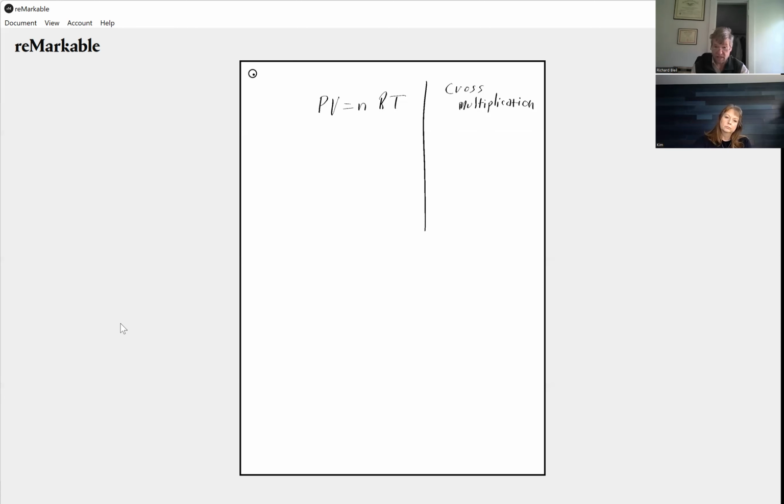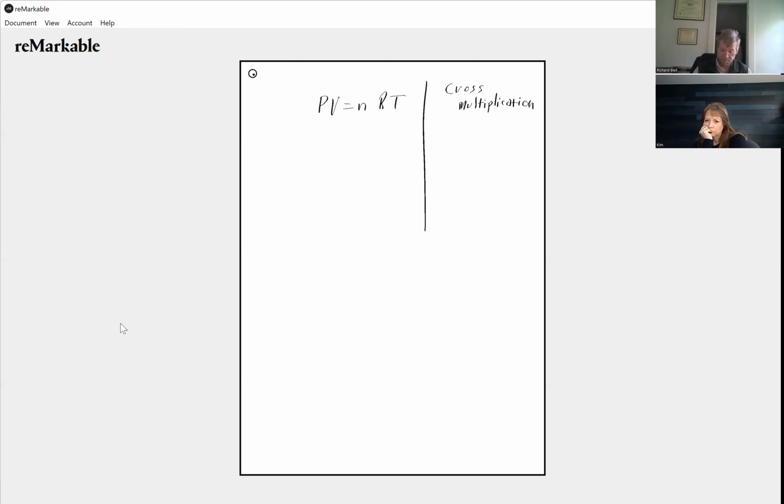Many years ago I taught you the factor label method, and the factor label method helps you to solve most problems. But there are other techniques to problem solving, other approaches. Several years ago, one of the more popular techniques was called cross multiplication,